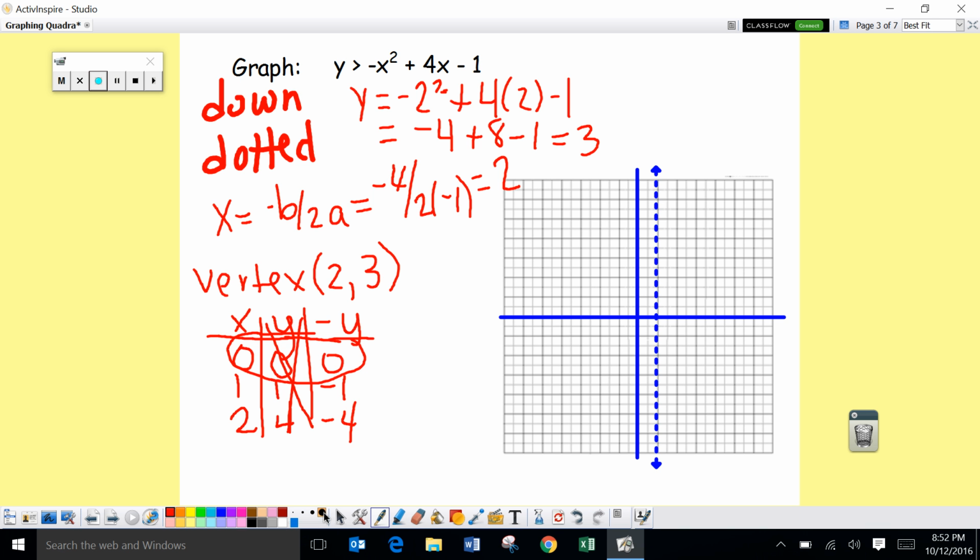Now we'll graph our vertex at positive 2, positive 3. And I've already drawn in the axis of symmetry for us at x equals 2. Now we will use our parent function table, and we're going to go over 1 and down 1, reflect it to the other side, and then we're going to go over 2 and down 4, reflect it to the other side. We need to make our dotted line for our parabola,